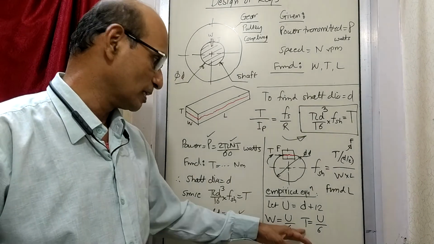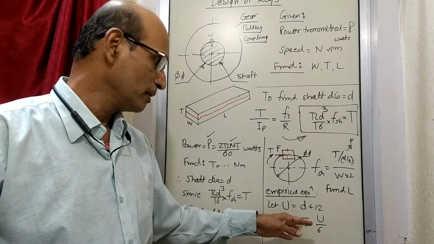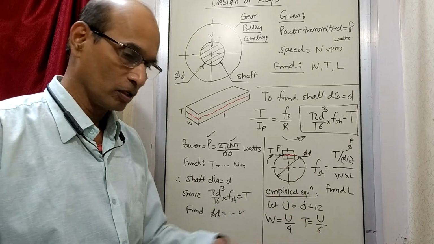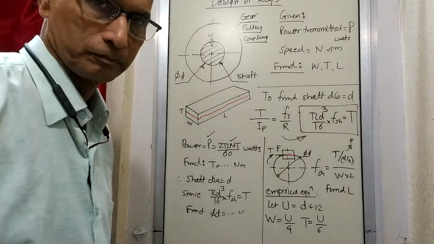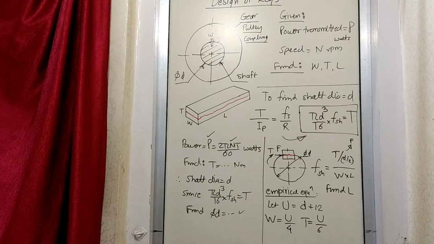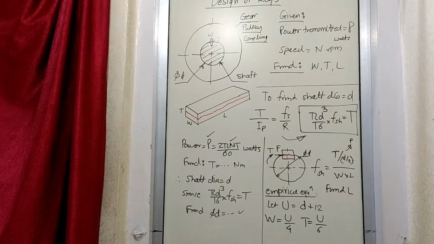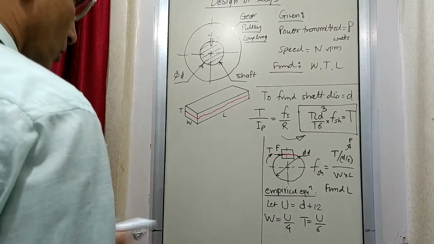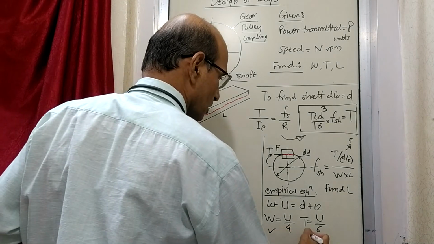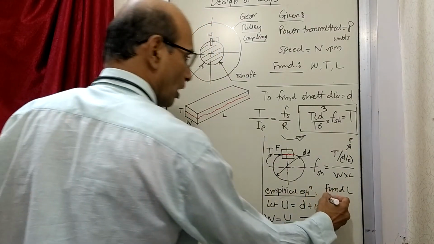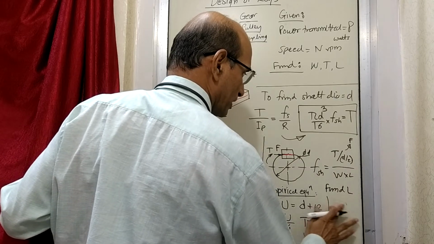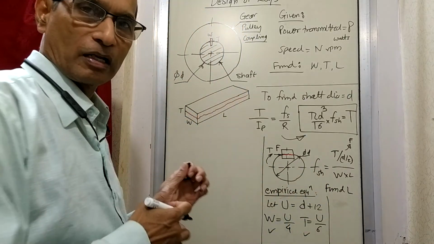Okay, thickness has to be decided. It is already there. The only thing is maybe the thickness which is available, we will have to check whether it is sufficient or not. So now that we will do here. Okay, so we have W with us, we have T with us, we have found out, I already wrote here, in fact, find L. So right now the dimensions are there.